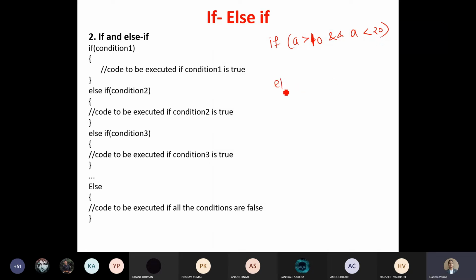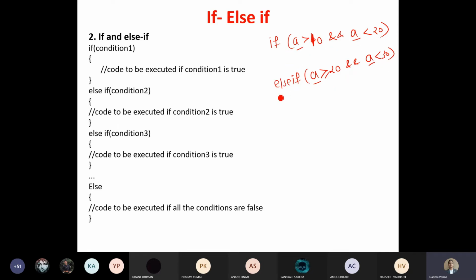Else if मैंने लगाया A is greater than or equal to 20 and A is less than 30. So which means I am applying the conditions on the A variable with different stopping conditions.